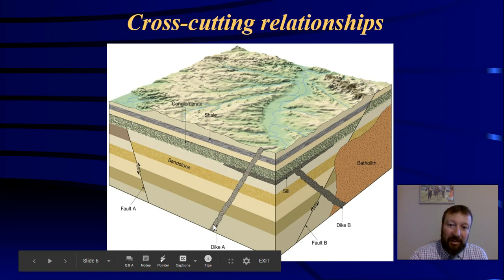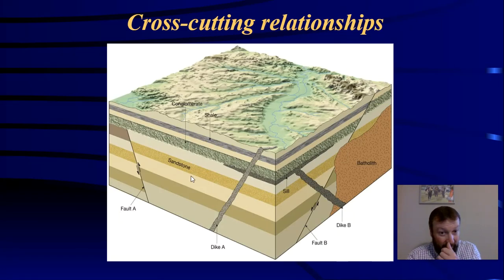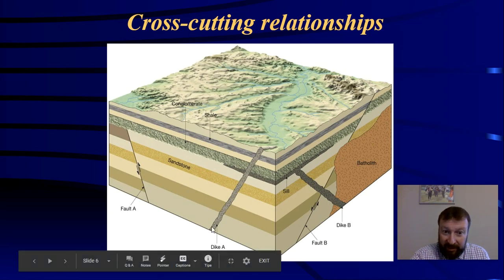This is what you're going to have to do as you get into it: be able to look at different layers and tell me which is older and younger. We know that this layer down here has got to be older than these layers, the sandstone layer on top, because of superposition. Then you get into that cross-cutting relationship, that if this layer, this dike A, we said most